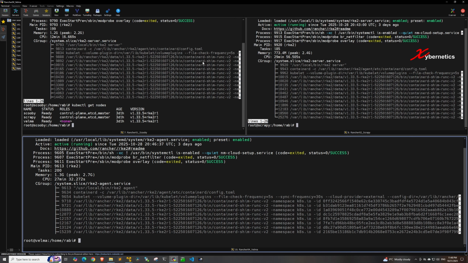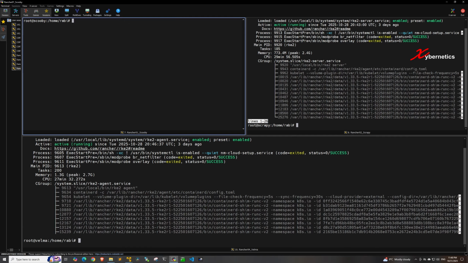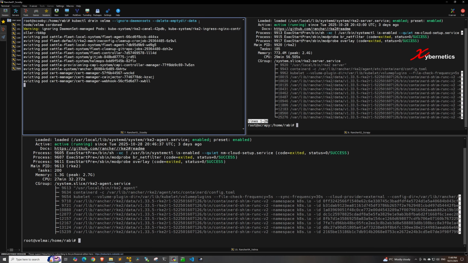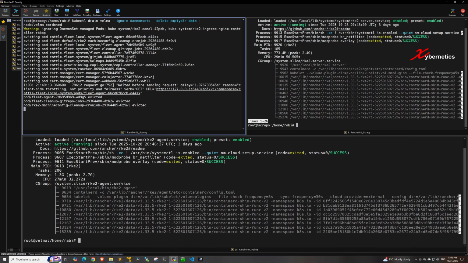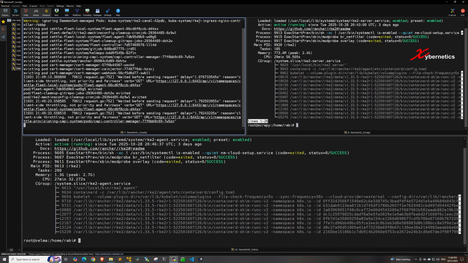After that, on any of your control nodes, you can basically delete that particular node. But a lot of people say you are supposed to actually drain the node using a command like this. As you can see, it's kubectl drain Vilma, and so on. But you'll realize that when you're trying to evict the node, there are a lot of priority issues, and you will have latency. Nine out of 10 times, I end up with lots and lots of these waiting-for-requests messages that go in a loop perpetually. But if you have that, which is not a problem, you can press Ctrl+C to exit out of here